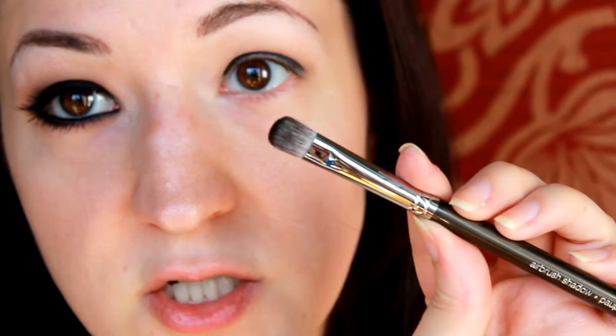Okay, the next thing I'm going to do is take my Sephora Airbrush Shadow Brush, and I'm going to take Makeup Geek eyeshadow in the color Corrupt. This is like the blackest eyeshadow I've ever seen or used. I love it. I highly recommend it. So I'm going to take this eyeshadow and pop it on right over